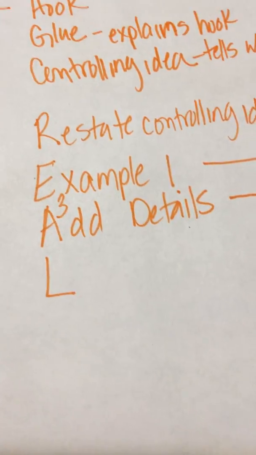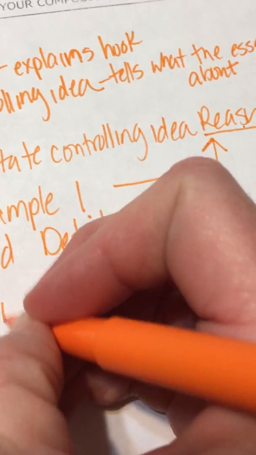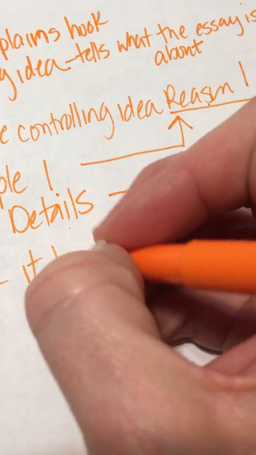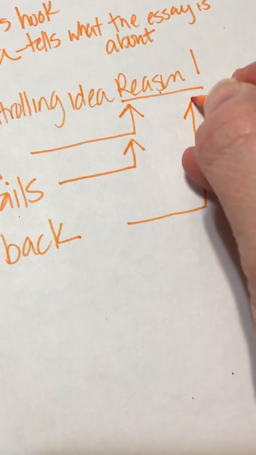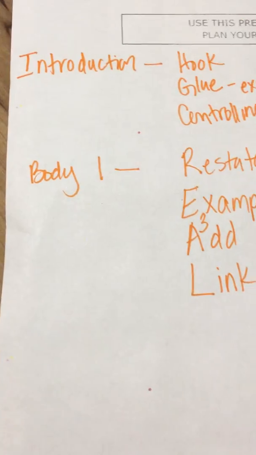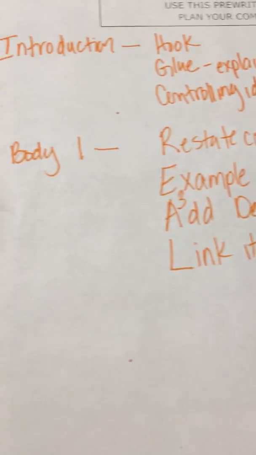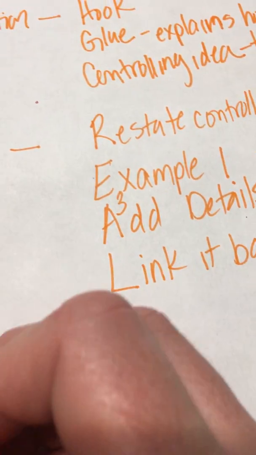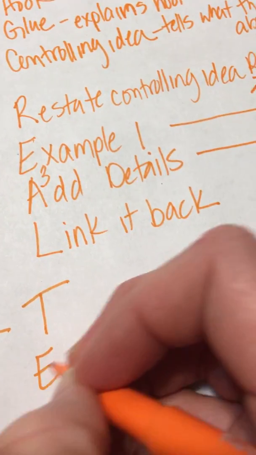For my reason 1 for this essay, it was going to be about motivation. And then I'm going to link it back to reason number 1. Okay? So there's my introduction. My body 1 follows real. Now, body 2 is going to follow